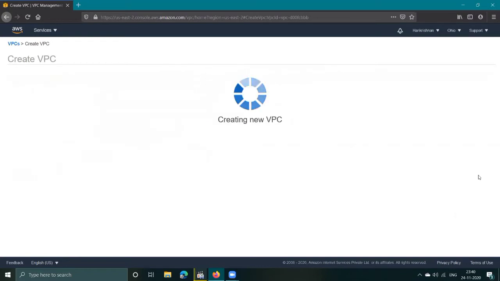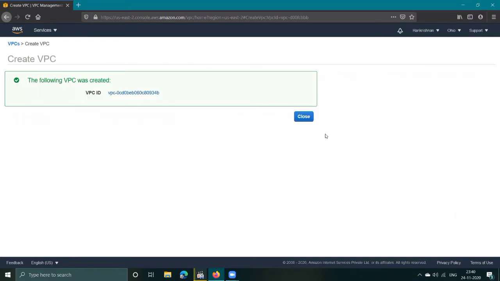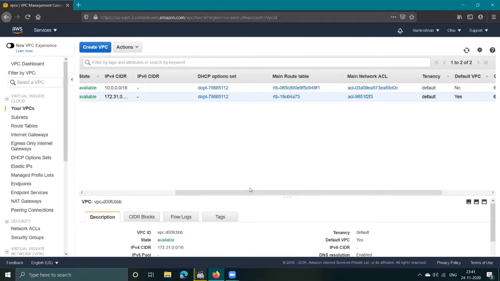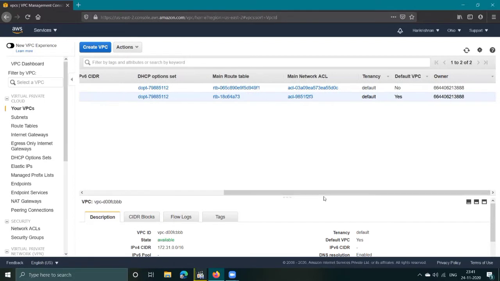Then create VPC. Close the tab. Now see, you have created your custom VPC. Look into the resources, where you can see the details you filled in, the tenancy and the default VPC which we have selected.